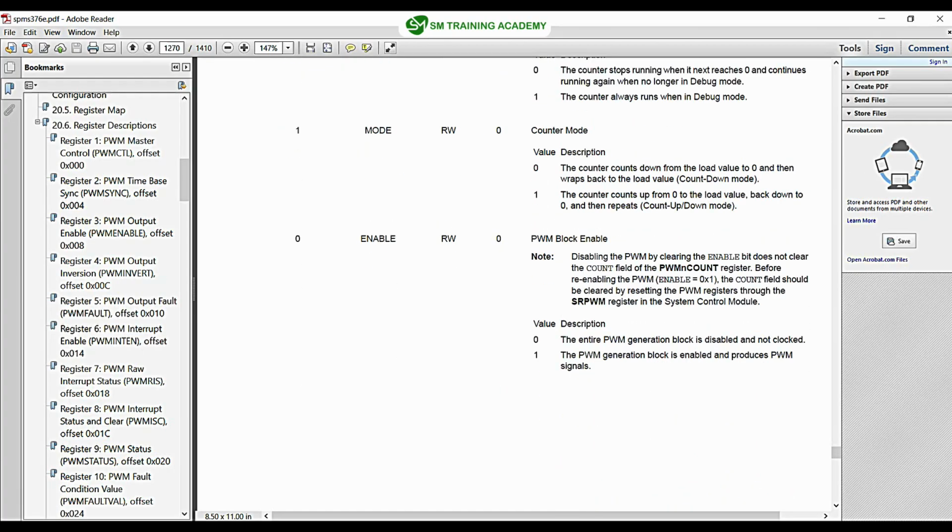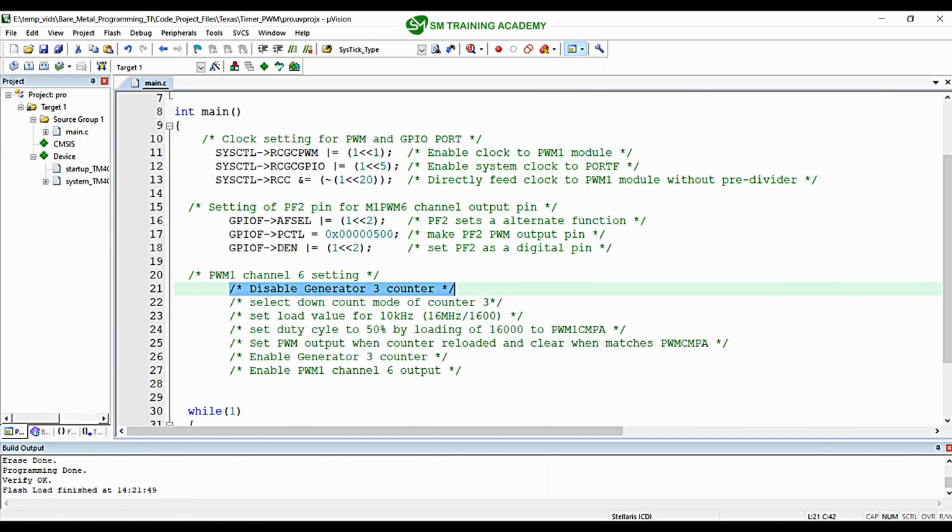So this enable bit right over here in the 0th bit position of this register is useful for triggering the PWM generation in the microcontroller. So if I write 1, the PWM generation block is enabled, and if I clear this bit, the PWM generation block is disabled. So that's it. Now I just want to disable it before configuring the